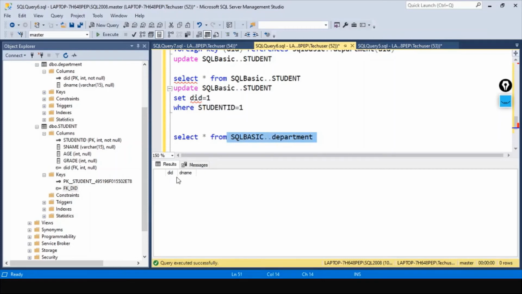Actually, there is no value in this table. We have just created a plain table. There is no entry in this department table. So we are getting this error.